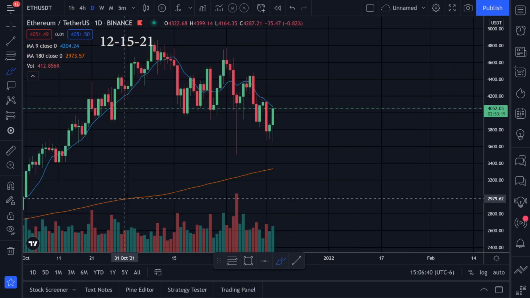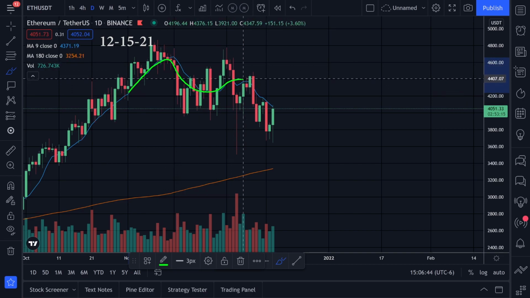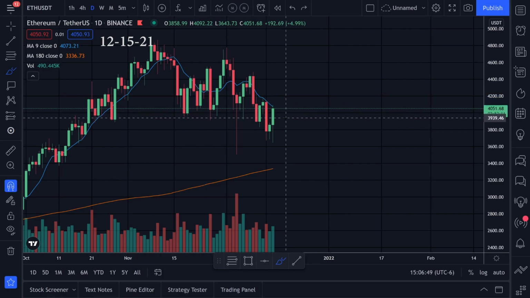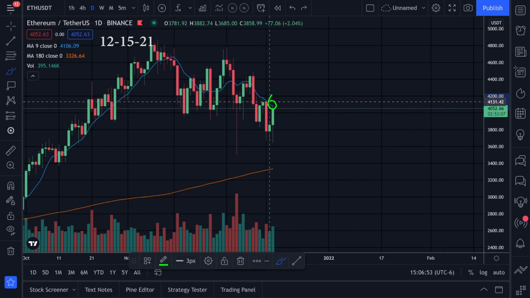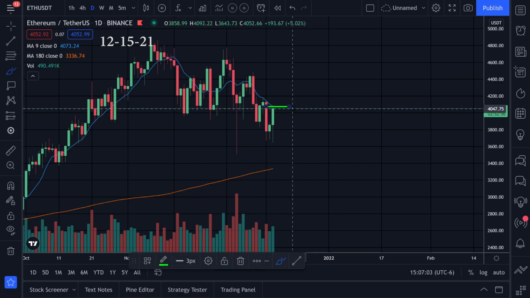If we delete everything, the other thing I've been looking at is the 9 moving average, that's the other thing I like to look at. Right now we are below it, and it does look like it's giving us a little bit of trouble right here, right where we're at. If we could break above it, I think that might be a good signal. We might even see a nice little pump if we could break above this line right here. This 9 moving average is sitting at around maybe 4,077.